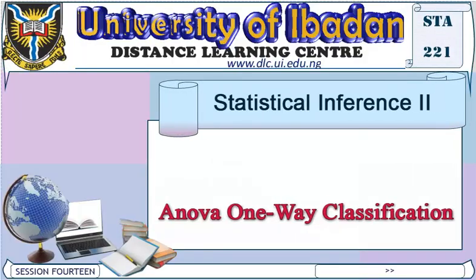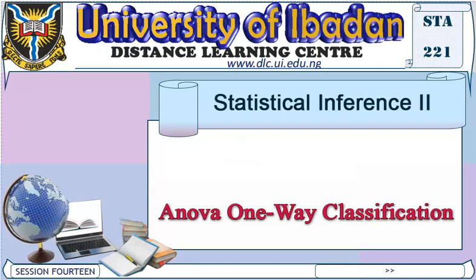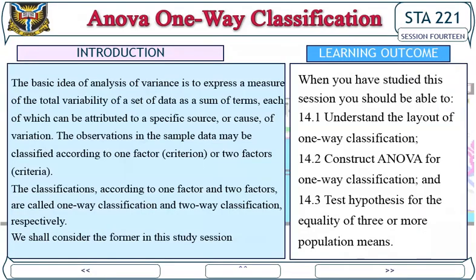Study Section 14, ANOVA One-Way Classification. Introduction. The basic idea of analysis of variance is to express a measure of the total variability of a set of data as a sum of terms, each of which can be attributed to a specific source or cause of